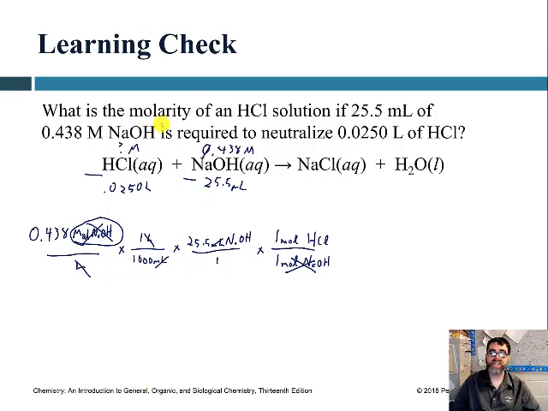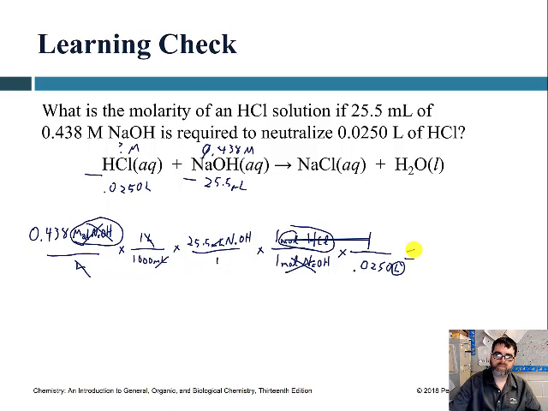We want the molarity, which is moles dissolved per liter, so we need to divide this by the liter value, and I'm going to do that by putting a 1 over the liter value here. If that value had been given to you in milliliters, then obviously you would have to do one last step to turn it into liters. Of course, if this had been given to us in liters, again, we could have skipped this conversion step as well. But this will give me moles of HCl per liter of HCl,